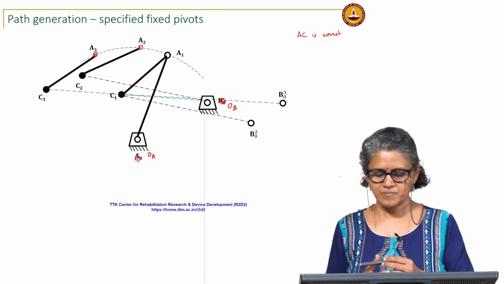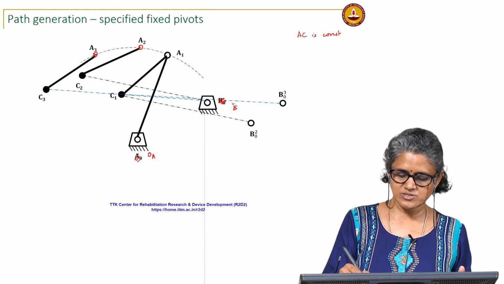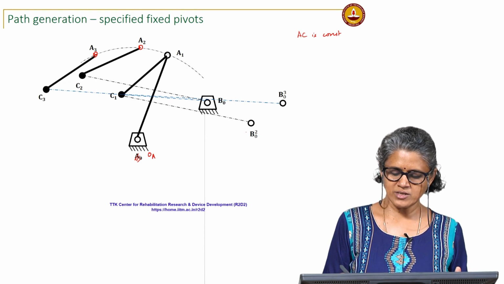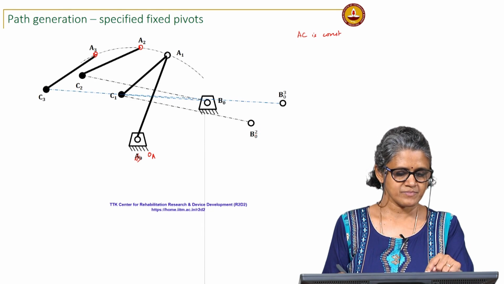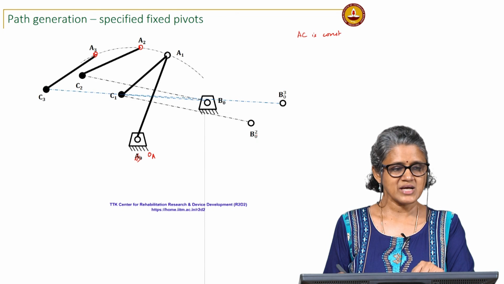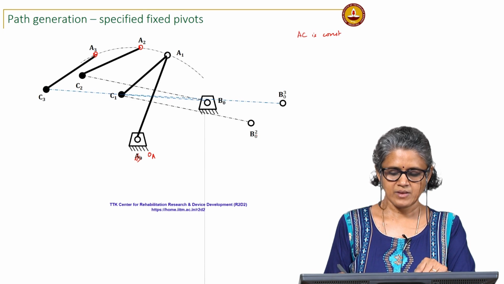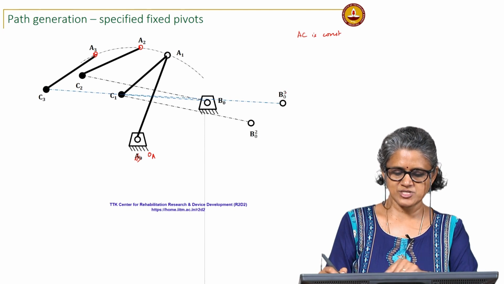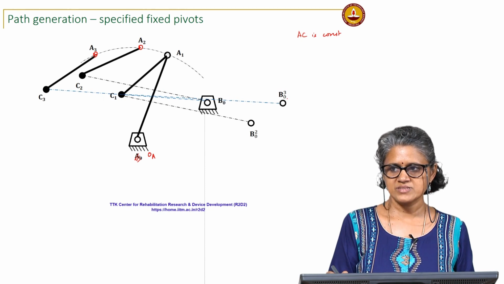So, this is, let me just go with, since I have used B naught. This is B naught as observed from the second position transferred to the first position. This is B naught as observed from the third position transferred to the second position. So, now